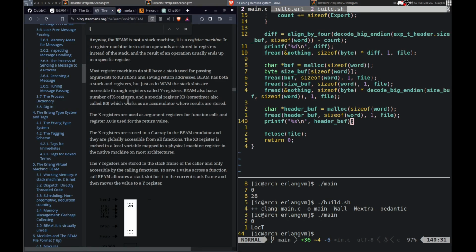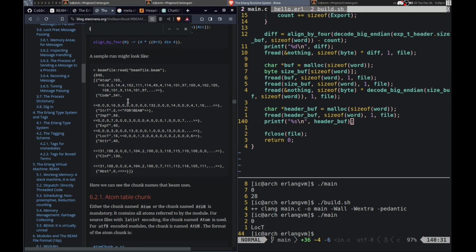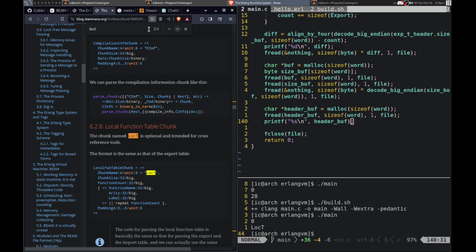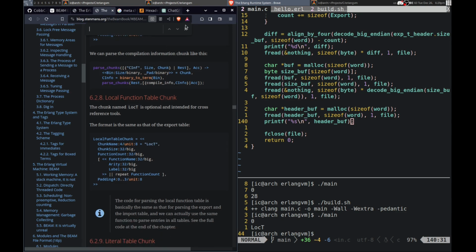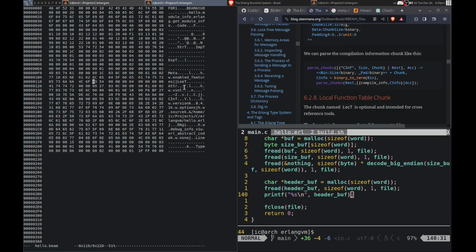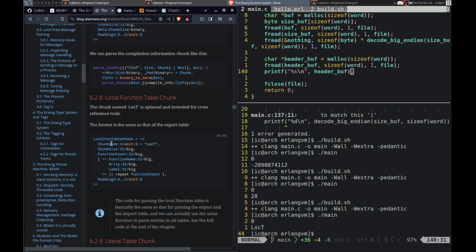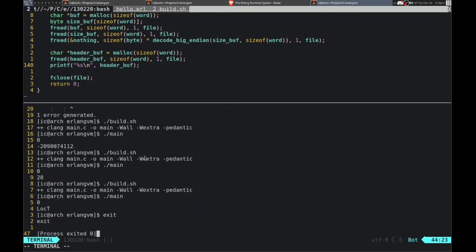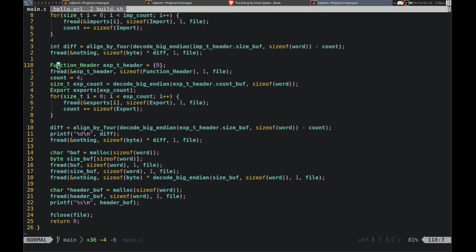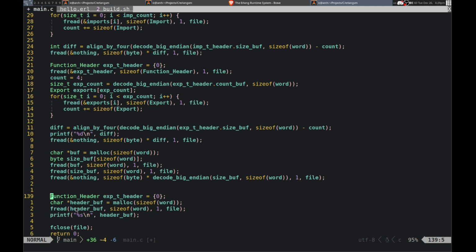So what is that? I know that was in here. So it's a local function table. Okay. So that is an important one, actually. So yeah, we can read that the same as we read the other ones. The other function thing. So function header, yeah. This can be the local table.